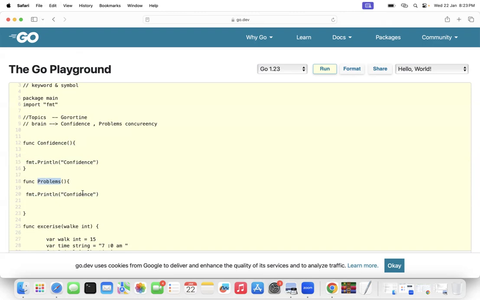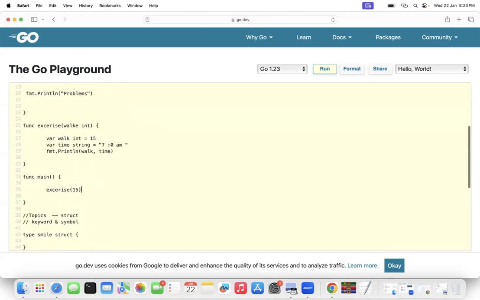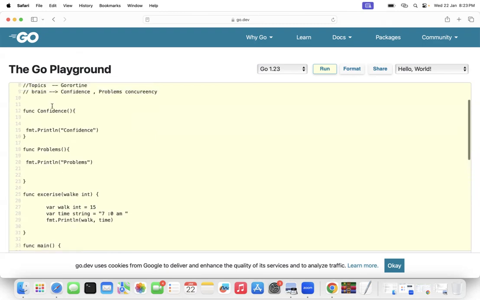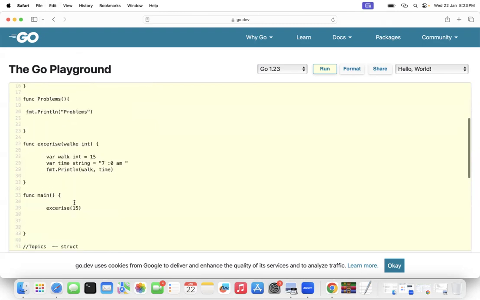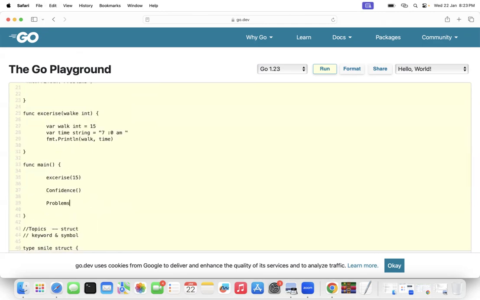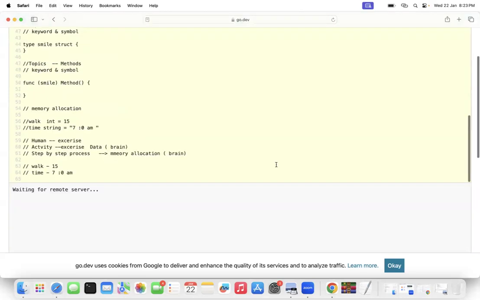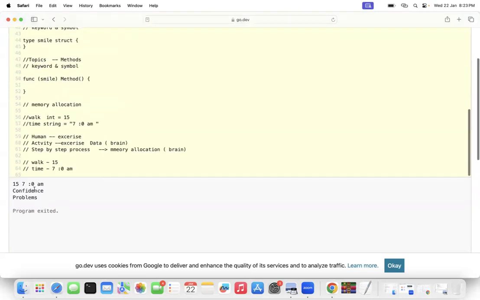So let's say now I want to execute both of them concurrently. As of now, I cannot do this, but let's see. I'll execute confidence, it will print, and then I'll call problems, and it will execute problems as well. You will get an output for both of them. Confidence completed and then problems completed.